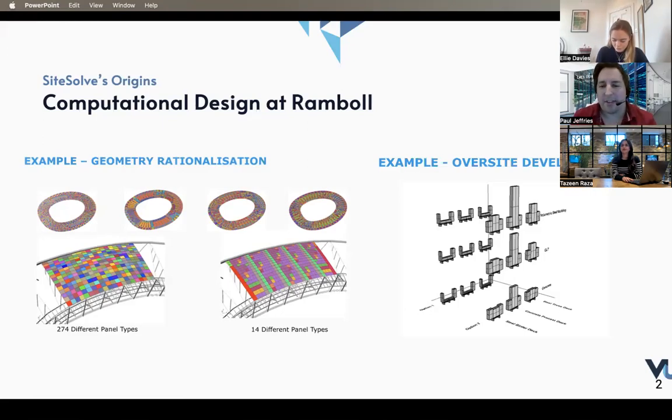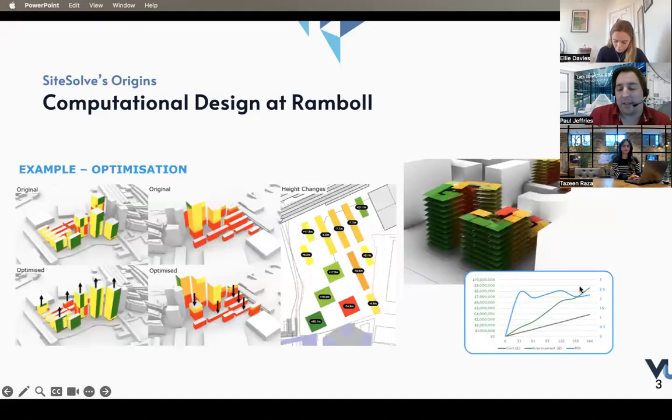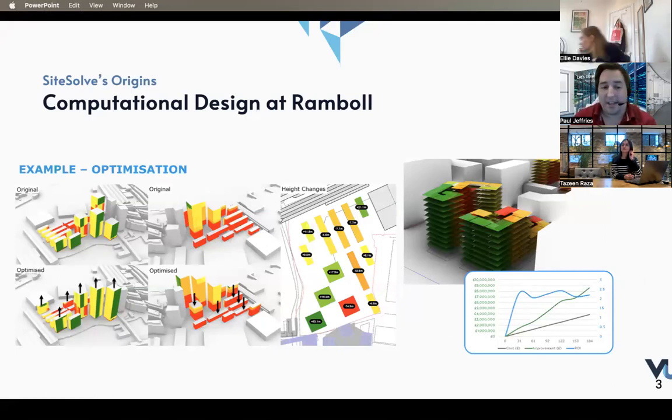Coming a bit more into the realm of architecture, if we move to the next slide, something else that we were frequently asked to do, and we got a lot of interest from clients in doing this, was taking master plan arrangements and initial architectural designs, and running them through optimization algorithms in order to improve various aspects of them. So in the examples shown on the screen here, this is really all about maximizing